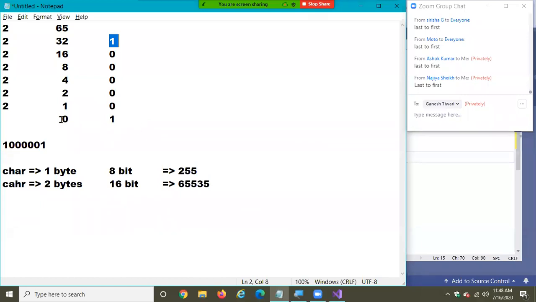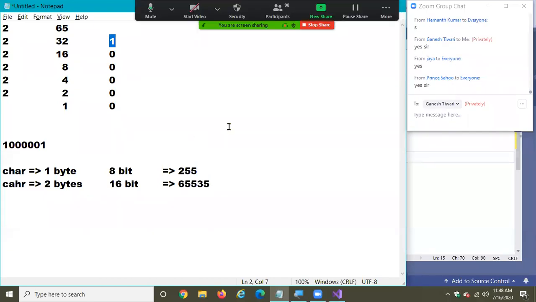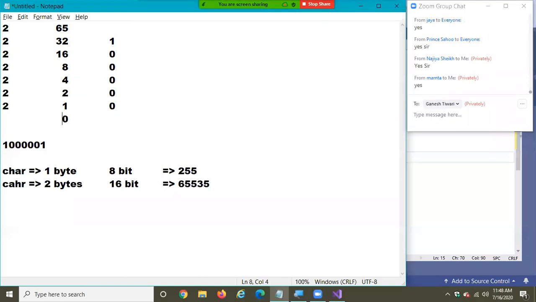Okay. Now tell me, if I don't write this, now also same only, no? Like this also we can count here. Start from here. 1 0 0 0 0 0 1. Same output only. Got it? Like this also we can count. But generally, binary calculations, they just do it. We need to start count.